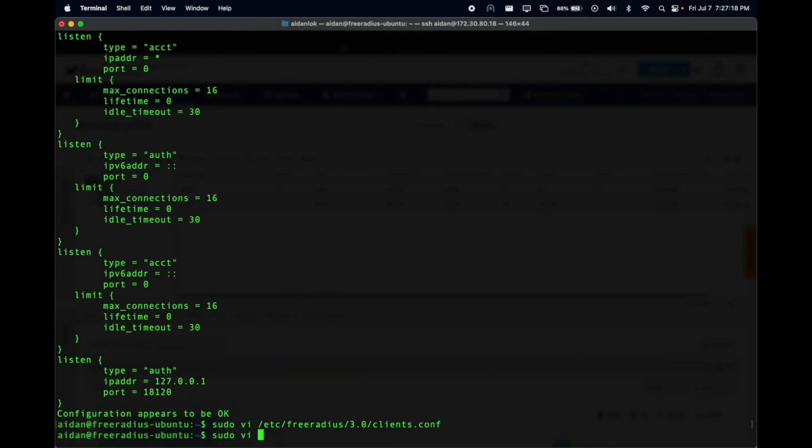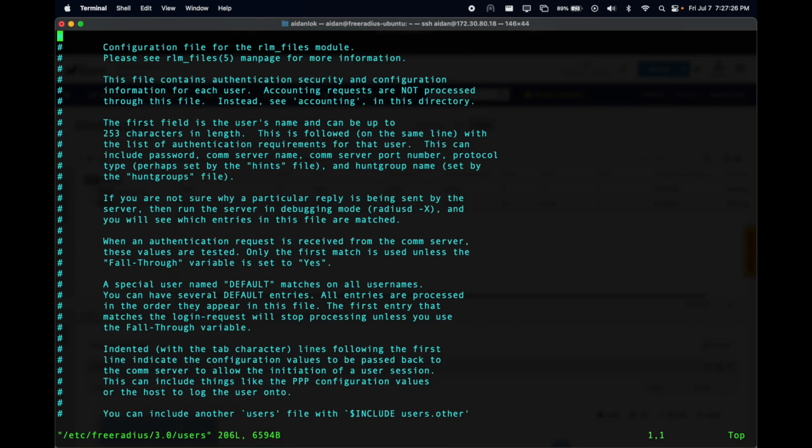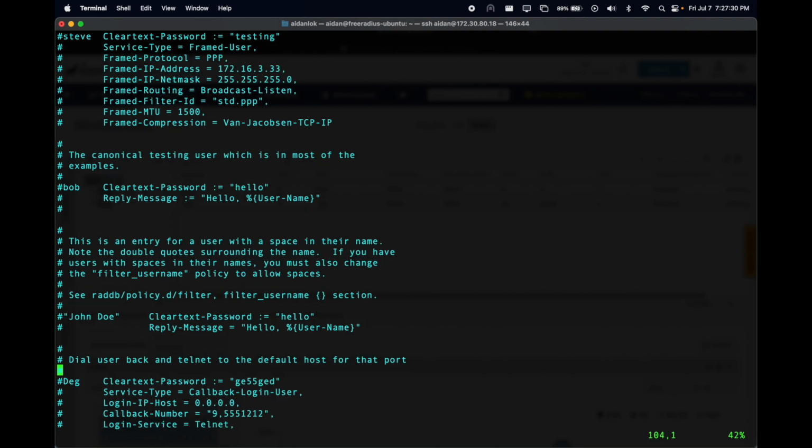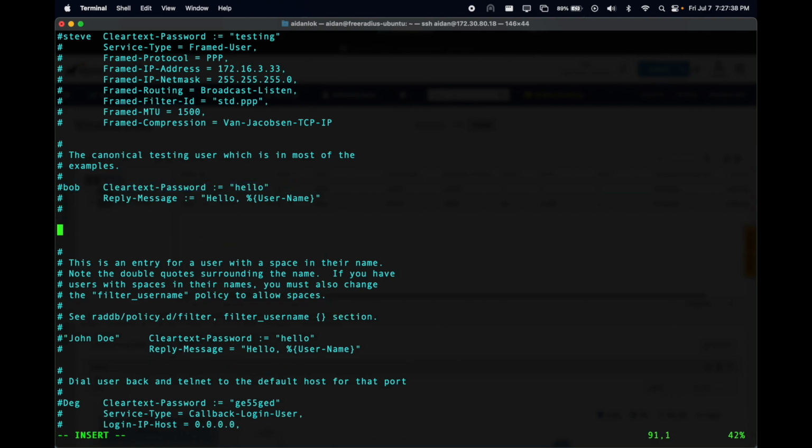Next, I will vi into another file. This time it will be /etc/freeradius/3.0/users. I will scroll down to the area where they normally contain some of the testing users. In this case, since Bob is right here, I will be entering a new line after the Bob entry,